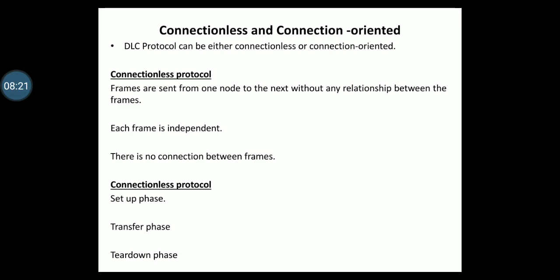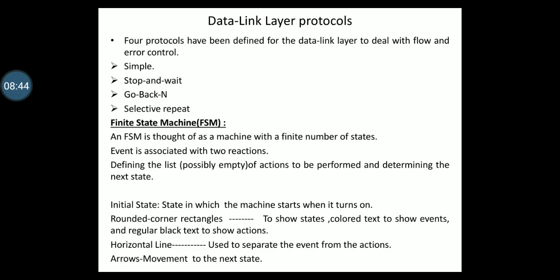In this type of communication, the frames are numbered and sent in order. If they are received in the same order, they are delivered in order to the network layer. Connection oriented protocols are rare in wired LANs, but we can see them in some point to point protocols, some wireless LANs and some WANs. Next, we'll discuss data link layer protocols.